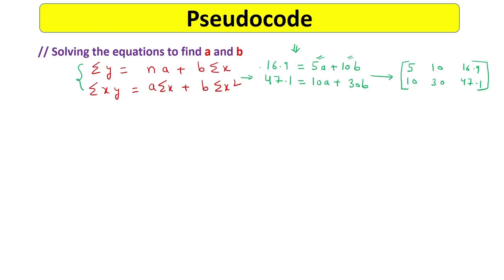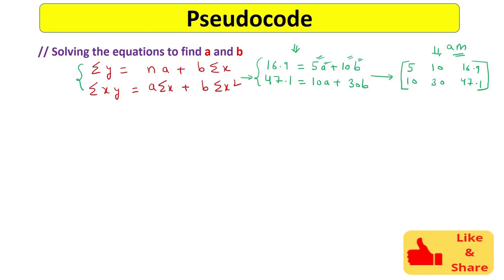If you are not following what I am doing, you can see the Gauss elimination method video in my numerical method playlist. In that I have explained that if we are given some simultaneous linear equations, then how we can find the values of the unknowns. Here unknowns are A and B. So these are the simultaneous linear equations, and this is called the augmented matrix. I have written just AM.